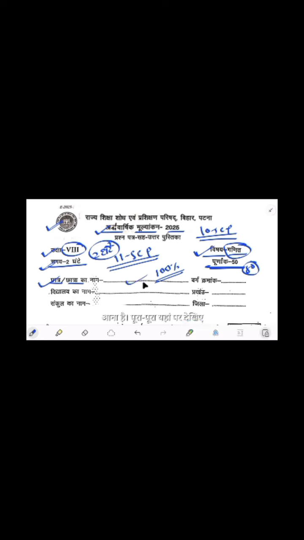Student, whatever your name is, write it here. Whatever your class number is, whatever your roll number is, write that roll number. After that, write the name of your school. After that, whatever block you study in, the name of that block and the district of that block. The district of your school has to be written here. The name of the cluster is given below, so you can write the name of the school as well or